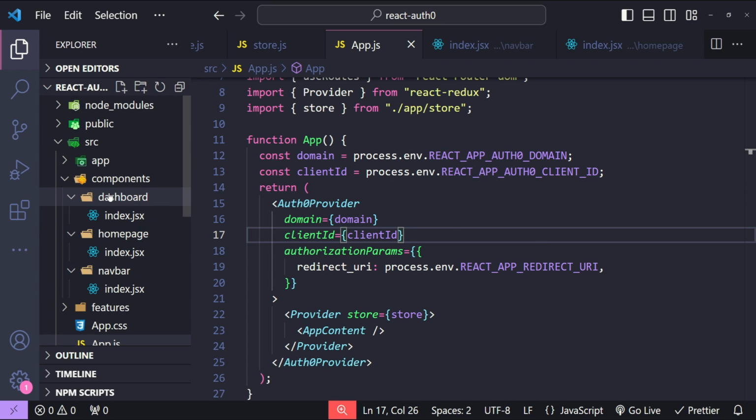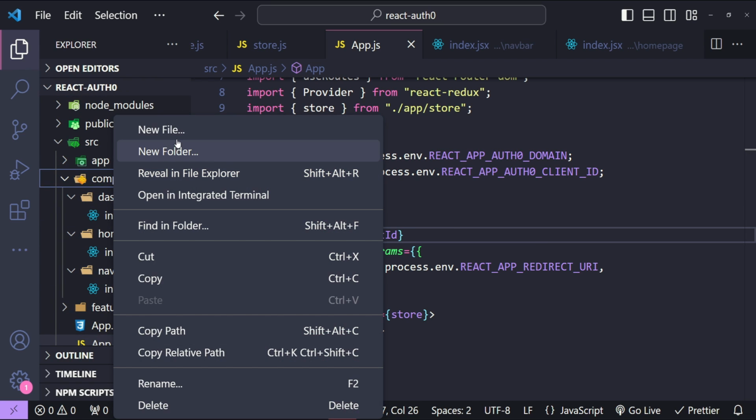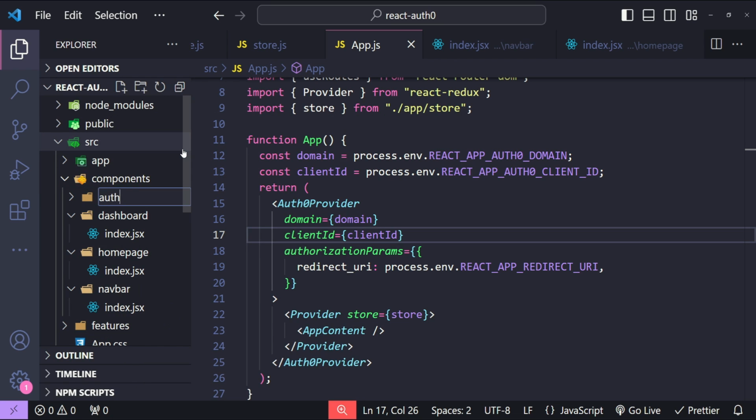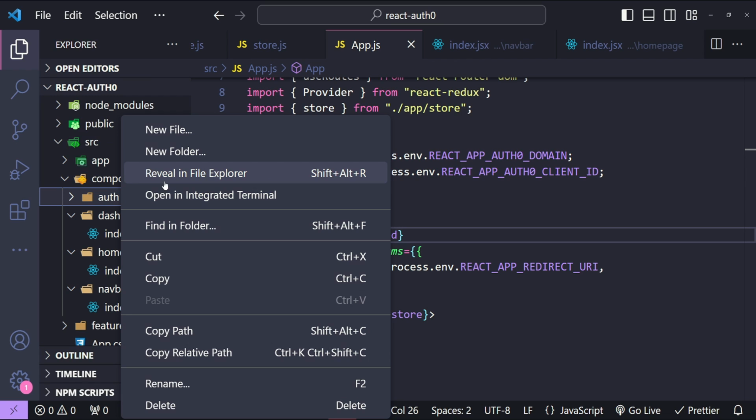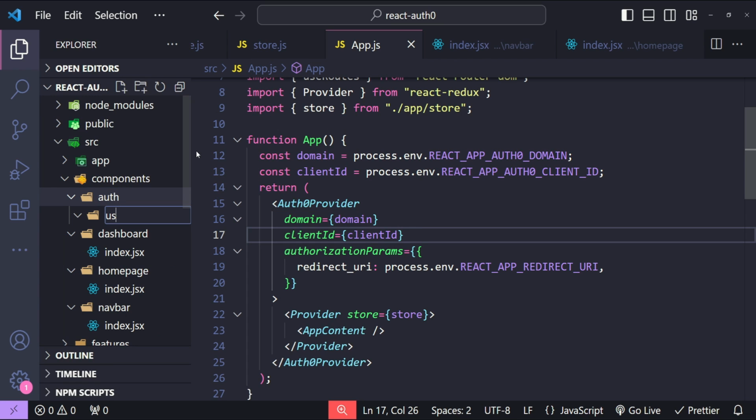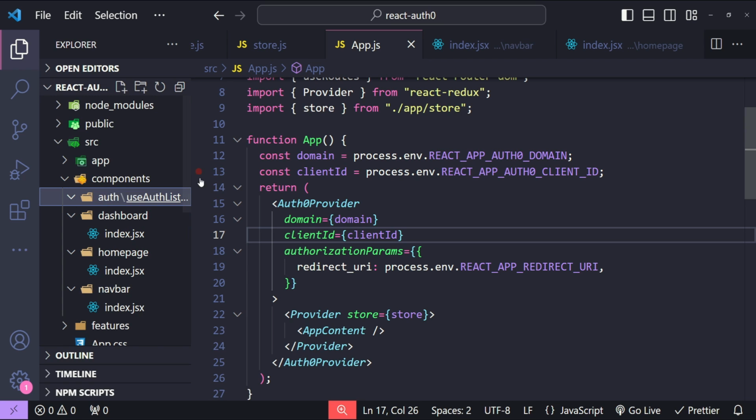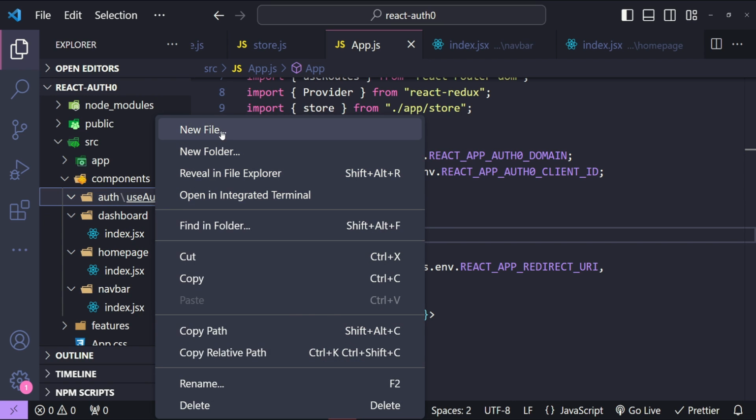So for that I will create a new folder in the components folder with the name auth, and inside auth I will create a new folder for a hook that we will use for this purpose. So new folder and then useAuthListener. Now inside this folder I will create a new file with the name